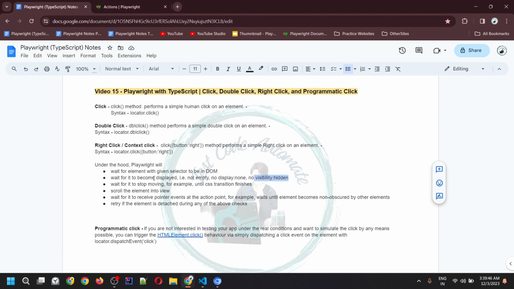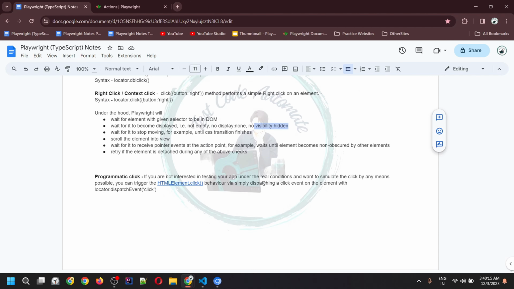So it will wait for this, and apart from that, it is going to wait for it to stop moving. Let's say some slide is going on, and you want to click onto the image, but it is appearing as the slide. In that case, it will wait for it to stop moving, for example, until any CSS transition which is happening. It will scroll that particular element into view. Let's say your element is appearing little down on the page, so it will first scroll,